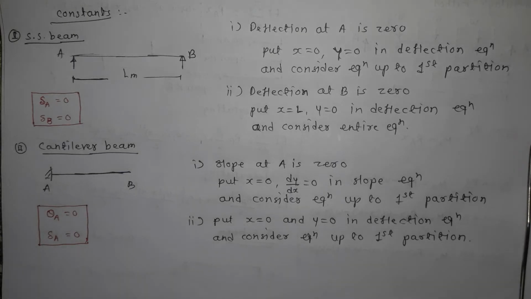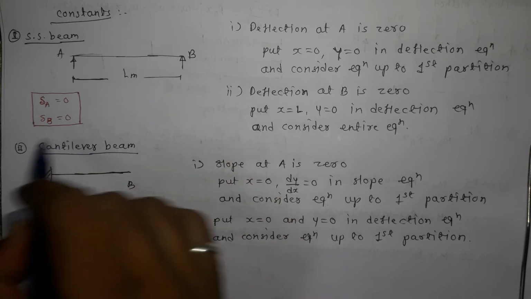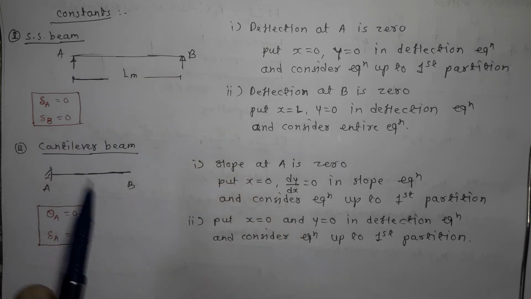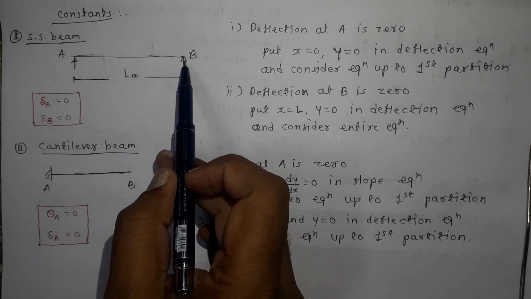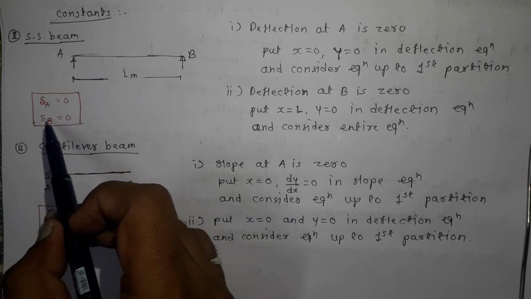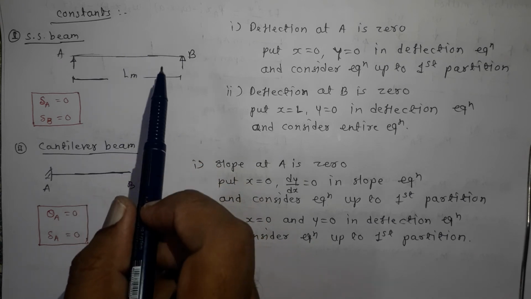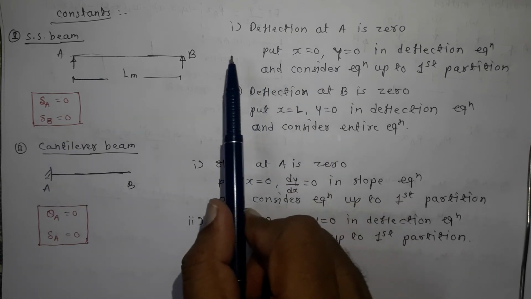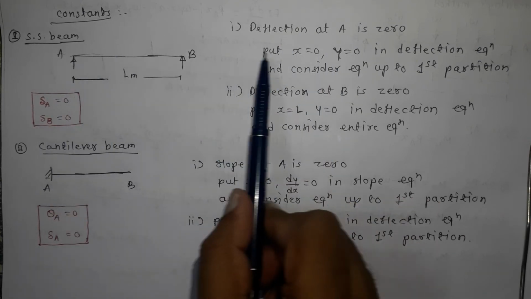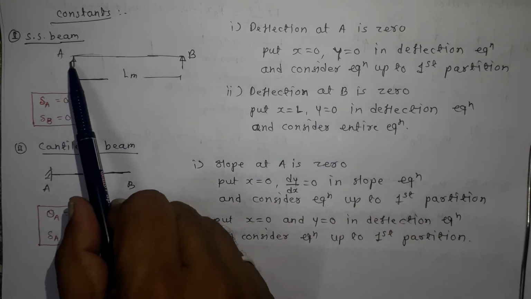Now the next step is to get the constants of integration. Let us consider a simply supported beam. Let the supports be A and B. For such a beam, the known conditions are like this. We know that deflection at A is not possible, deflection at B is also not possible. That is, delta A is 0, delta B is equal to 0. So using these two known conditions, we can get the constants of integration. Deflection at A is 0, this is the first condition I am using. So when deflection at A is 0, it means put x equal to 0, because we are considering the point A itself, and y equal to 0 means deflection at A is 0.